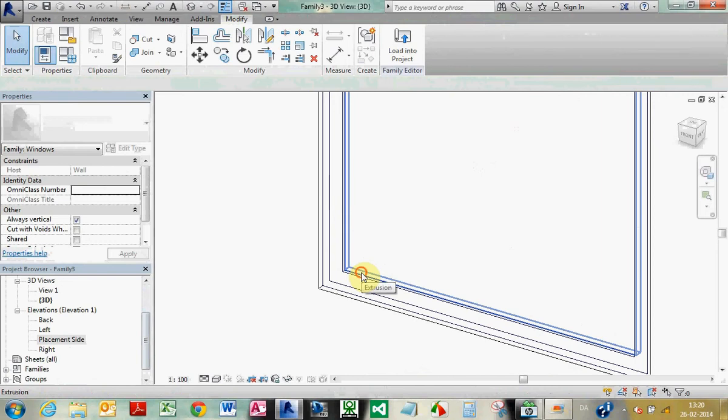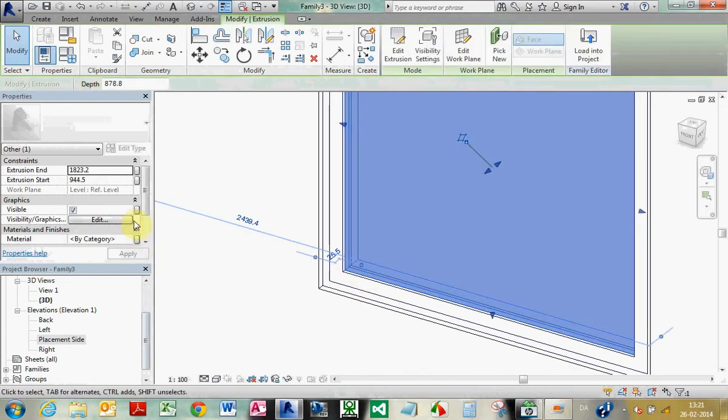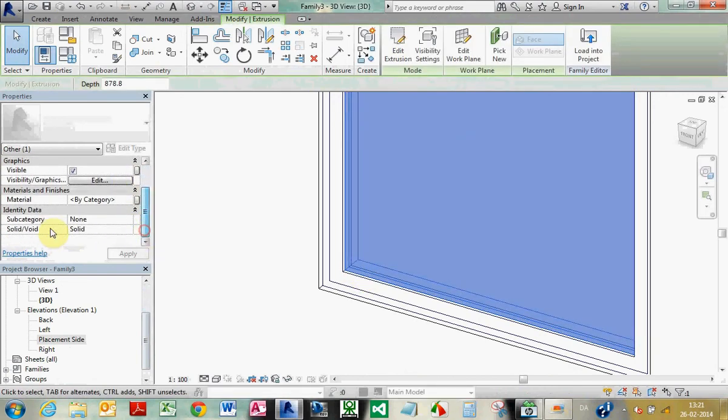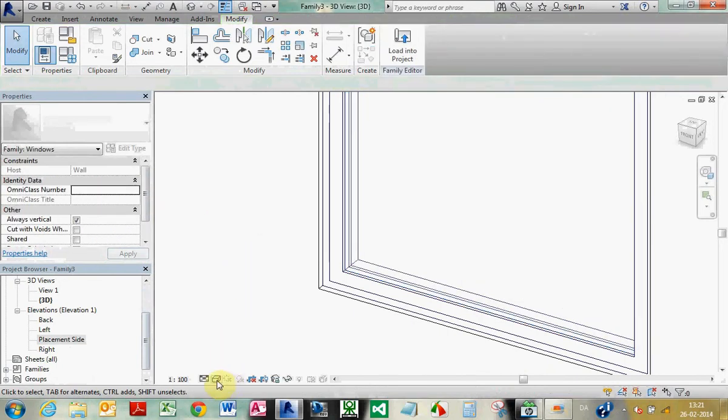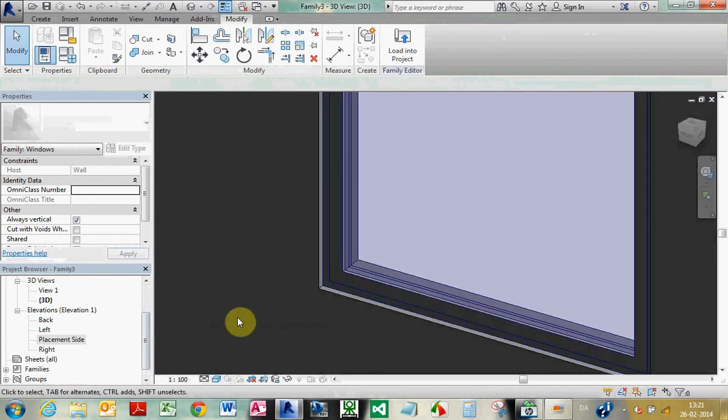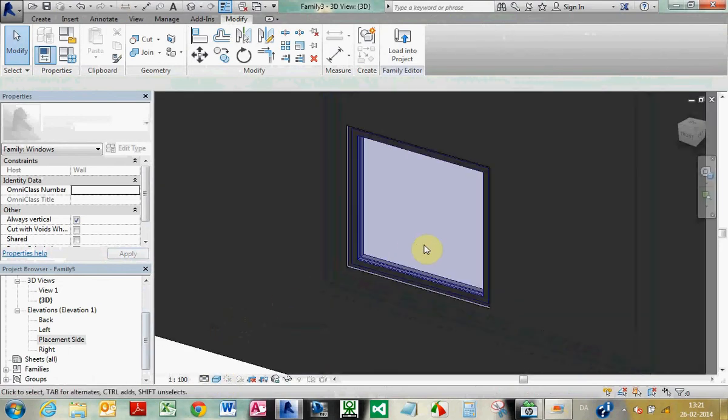If I select this window, I can make this to the subcategory called glass, and it will accept this material which is attached to this subcategory. And that's a subcategory in Revit Windows. Yes, it's a standard subcategory. You can make your own as well, but